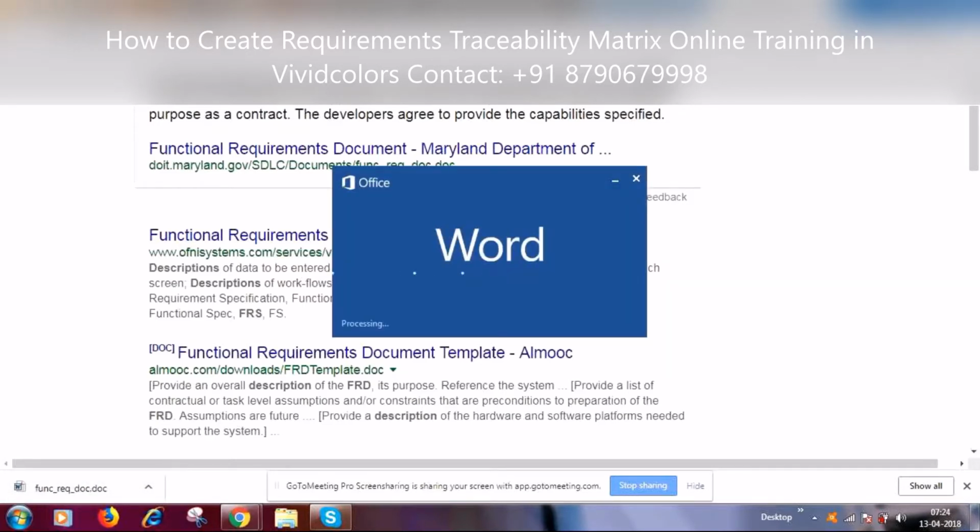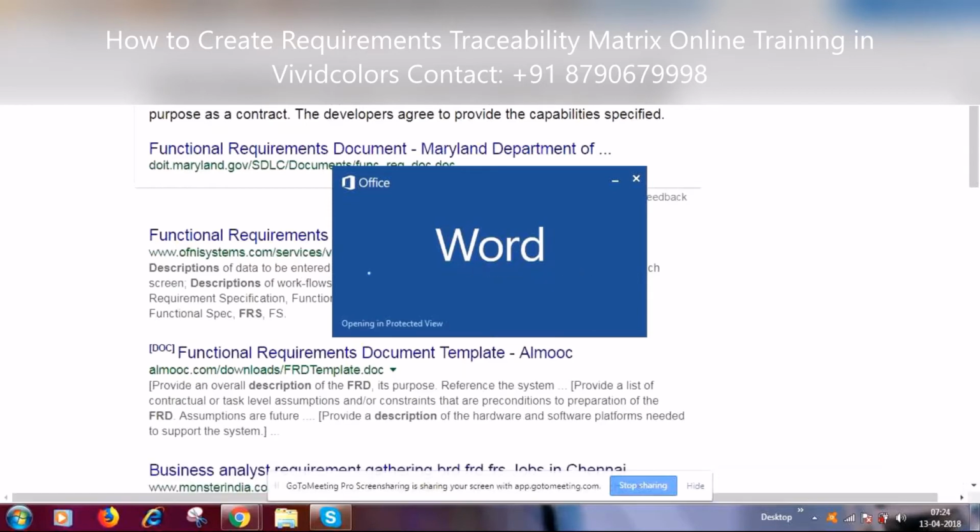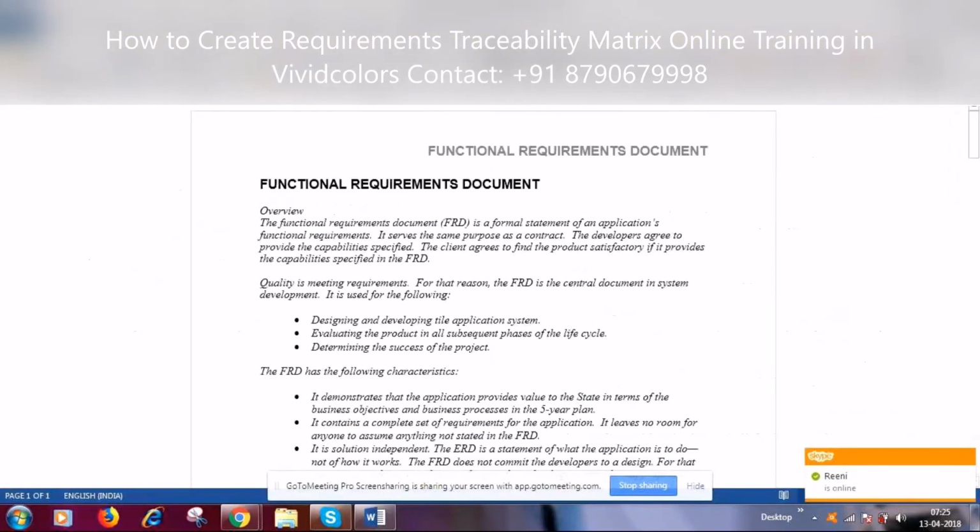So basically, the FRS, as the term refers, is the coverage of the functional requirements that you are supposed to have within a system. What is the functionality? You are not going to give the solution approach here.